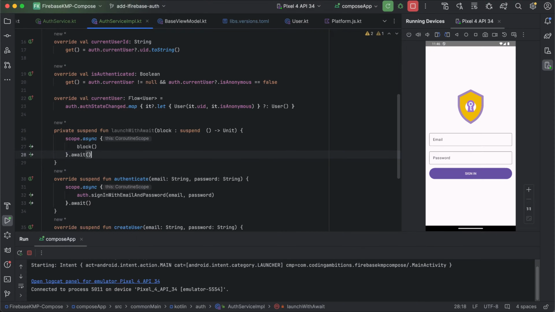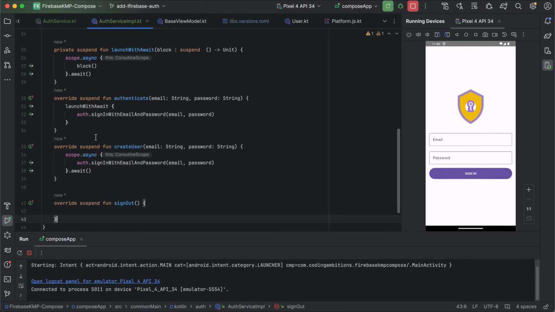And then await, right? So now we can just replace this part with this method and remove this await, so that this common logic will be here. We can reuse that everywhere, right? So here again we can use this, remove this, and here what we need to do is create user